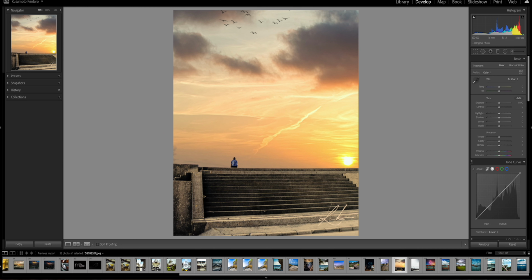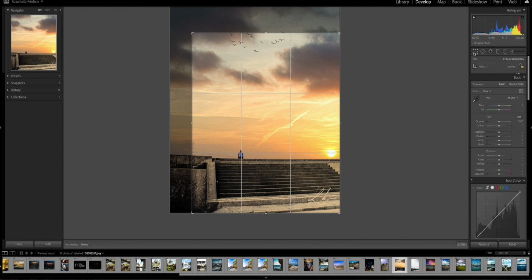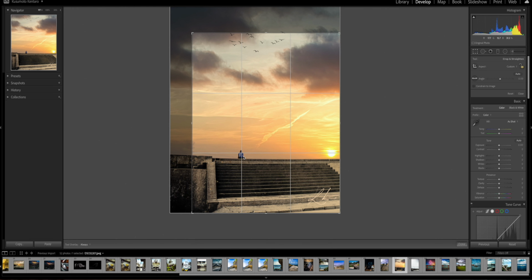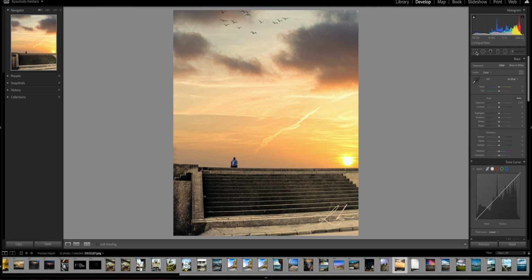But the person that's sitting there and the stairs and everything in the foreground is totally what I took in the actual photo. So when I actually took this photo, I wanted to have a lot of negative space just in case I wanted to crop it, because this person was sitting right near the rule of thirds, okay? At this time I didn't really have the grids on, so I wanted to fix it in post. Now because of that, I was actually able to go back in post and place this person right on that point right there. Now when I go back and crop that in, I have this nice photo of this person